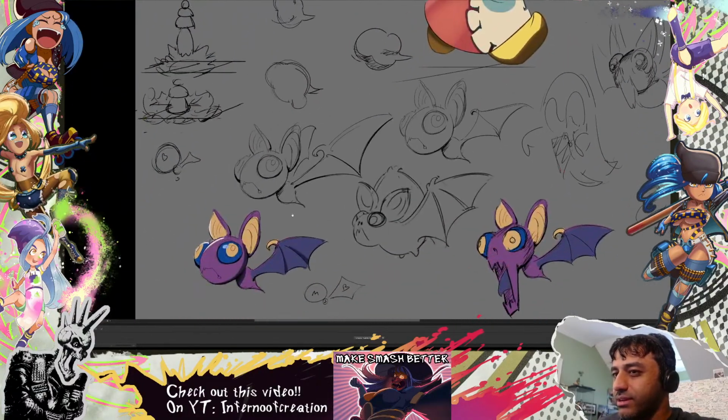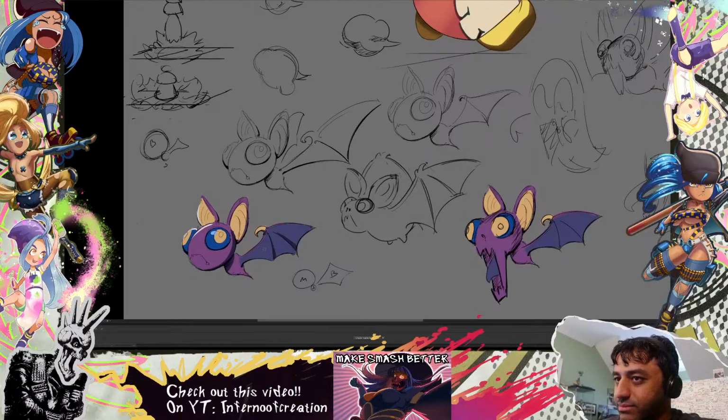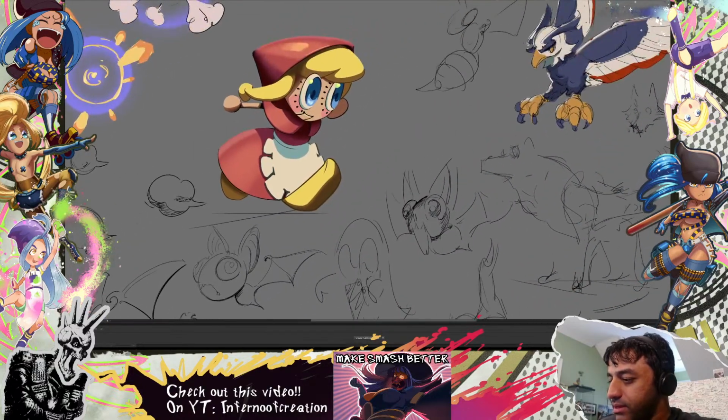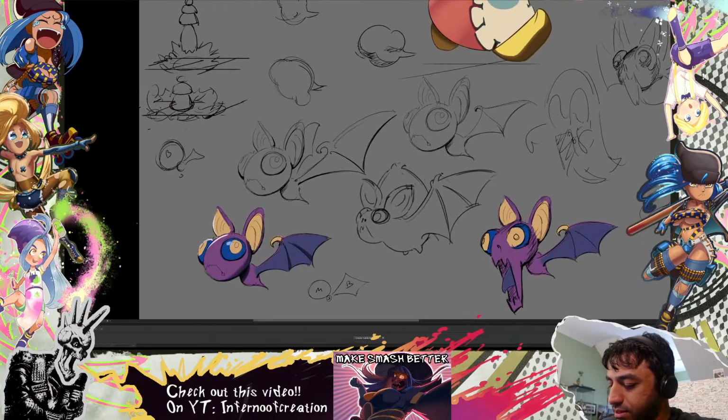Yes. You can also see everything was very small because it was a mobile game. So I have to make all the character stuff really big. I think on the head I'll give some more